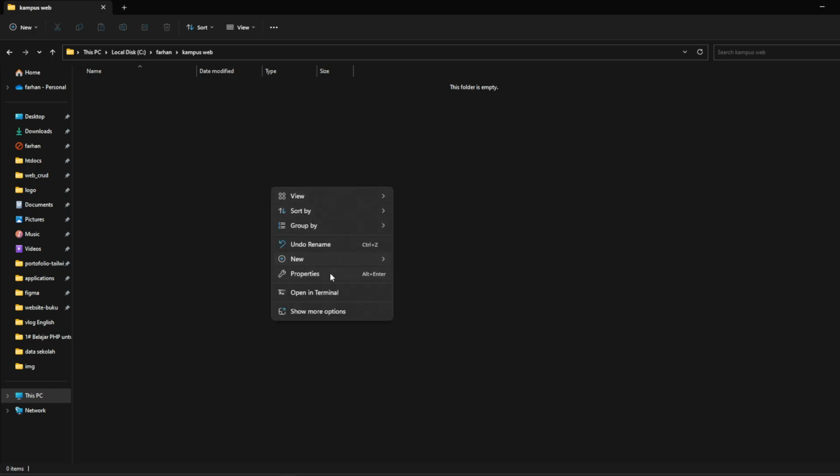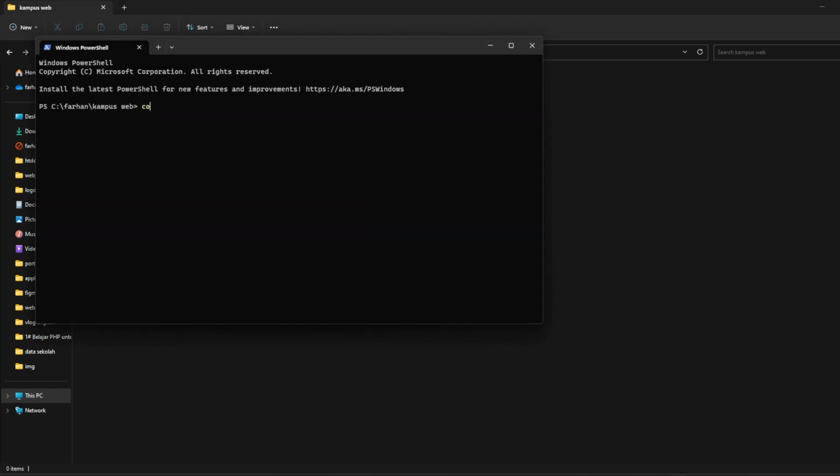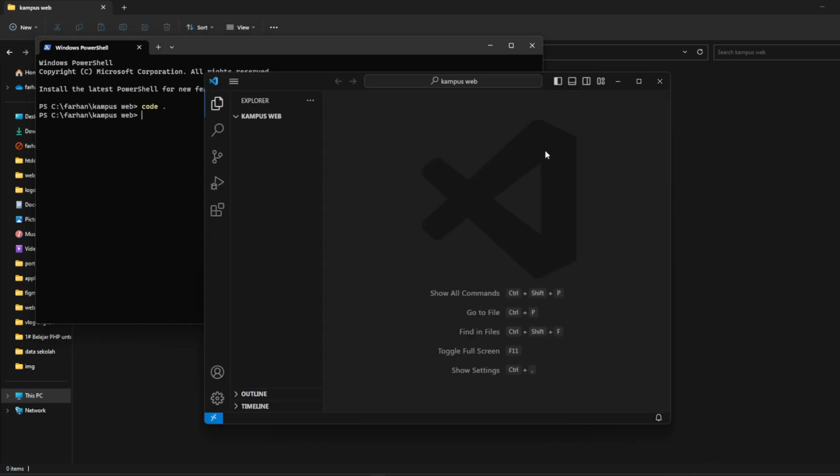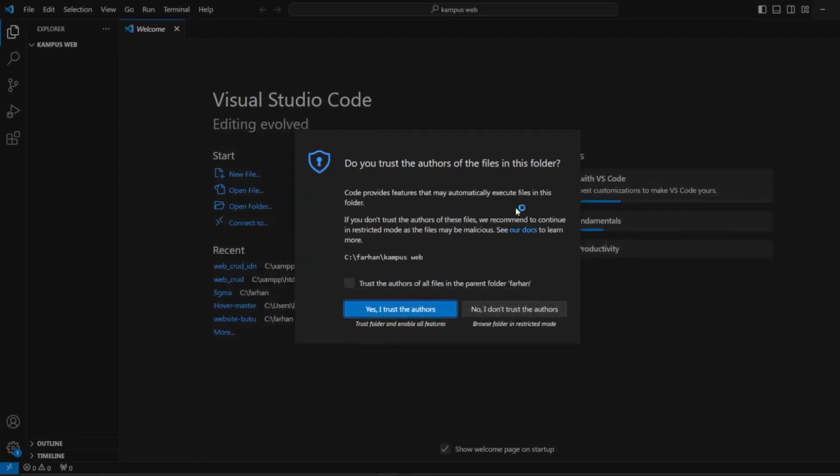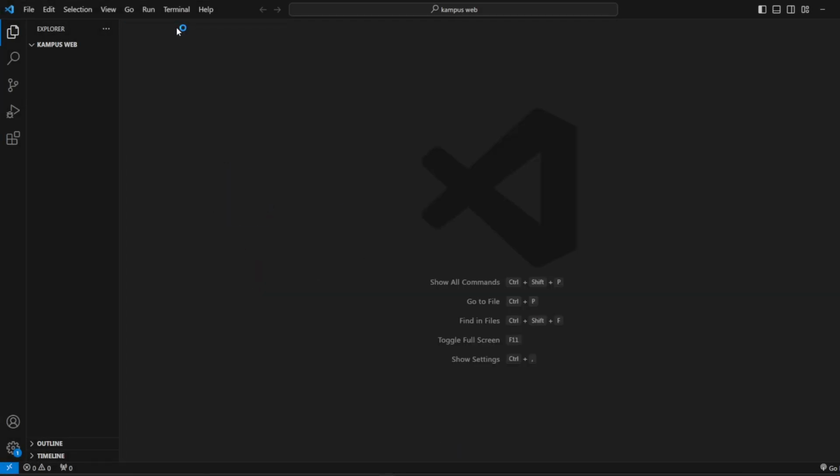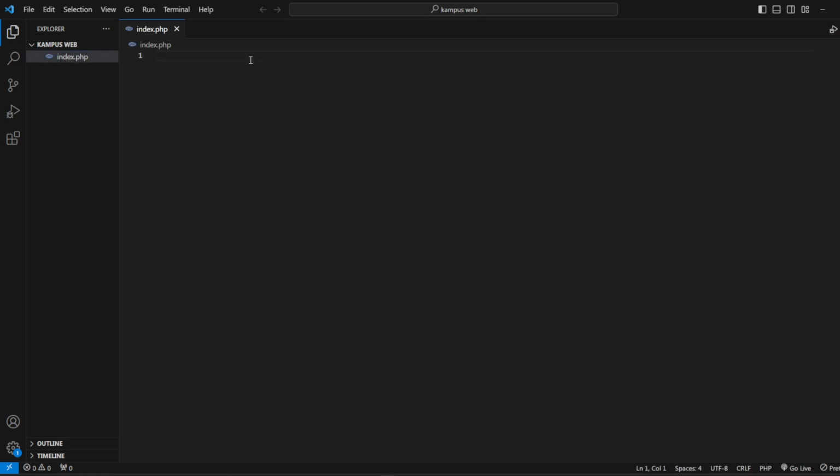And then you can open it in the terminal and write code space like this. Okay, this is our Visual Studio Code, and then write index.php like this. Okay, this is our VS Code index.